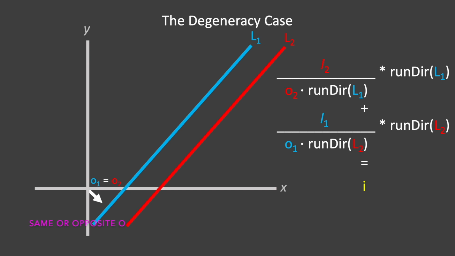And so what that means is that the dot product of O2 and the run direction of L1 is equal to the dot product of O1 and the run direction of L2, and both of those are equal to 0. So that means we have a divide by 0 error,